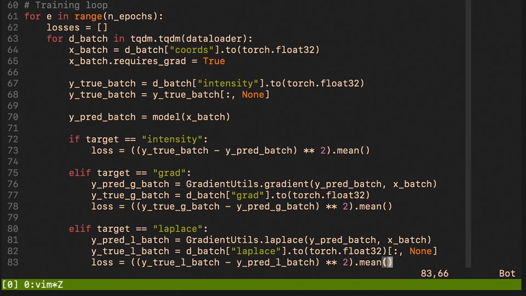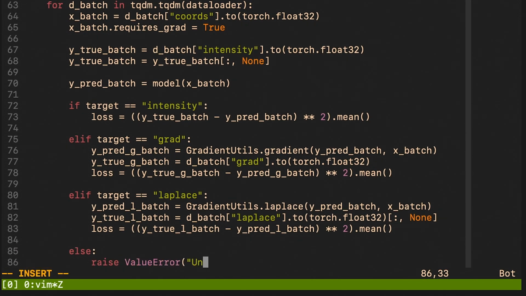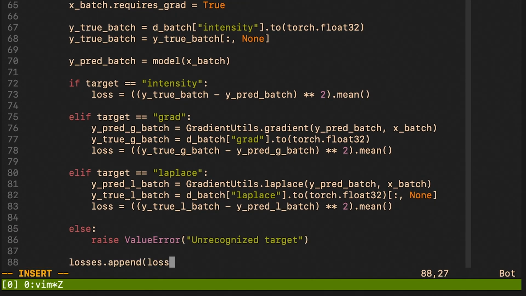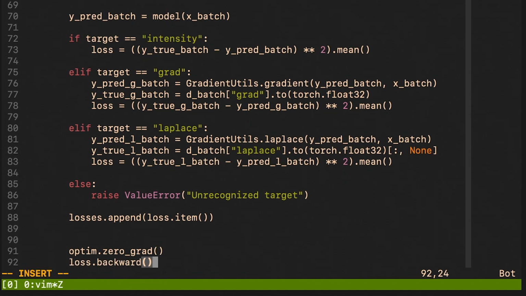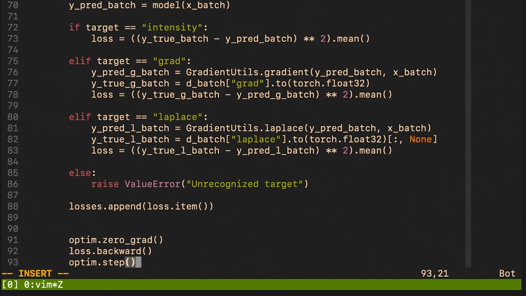And finally, if the user selected the target to be Laplace, we will be supervising on the second order derivatives. At the end, we just add the torch boilerplate, which is computing the gradients and taking the optimization step.